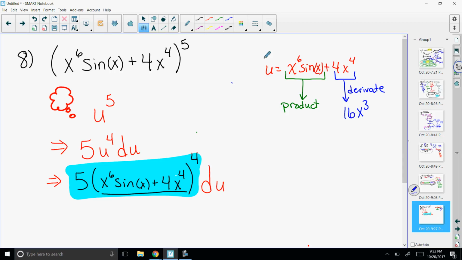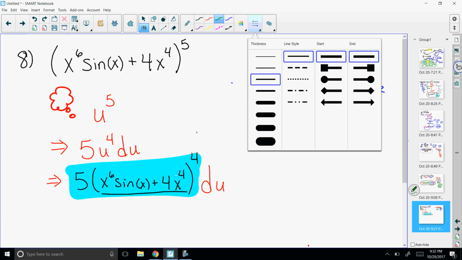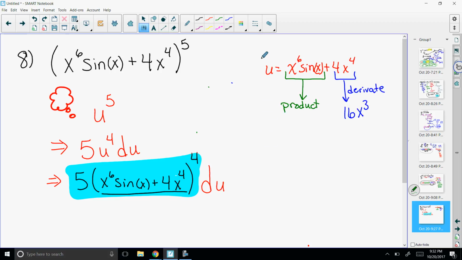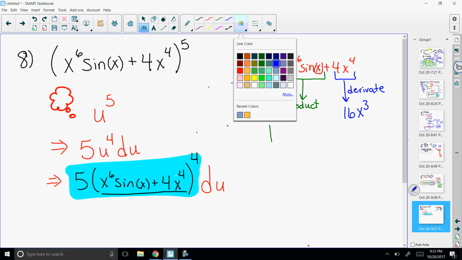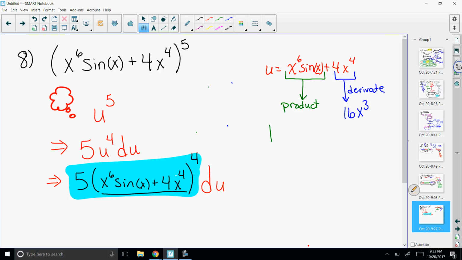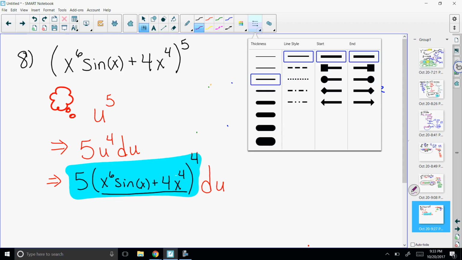Within that product rule, let me think of some colors here that I can use. Okay, so what we are going to do, we're going to write the product rule, and I'm going to use it in colors. So the product rule is going to be 1, and we'll use blue to designate D2. And maybe I shouldn't use blue because I have that for the other derivative. All right, I got to get to some other colors here. So we have 1, D2, and then we are going to have plus